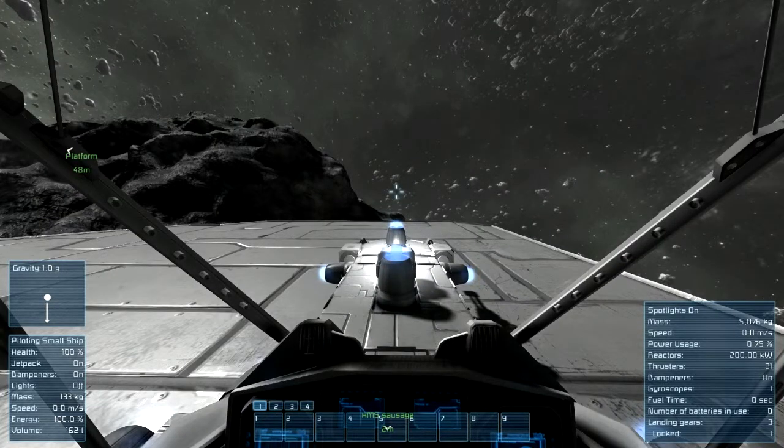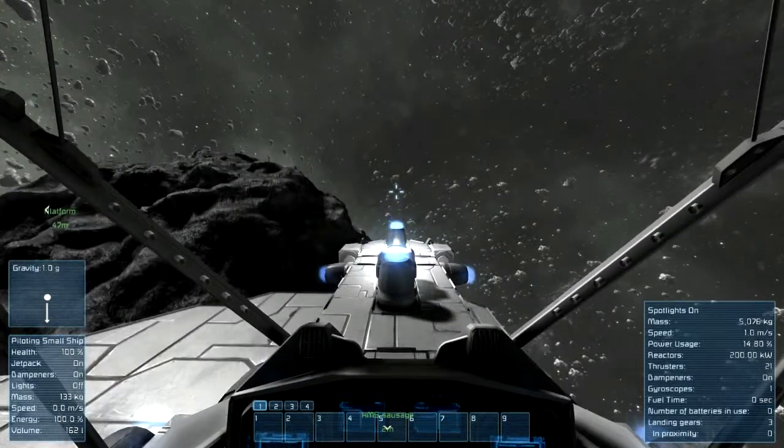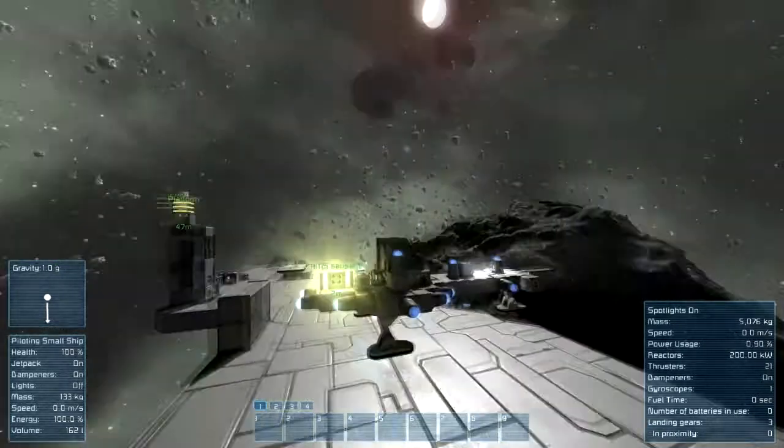Just so we can try, if you push P, it unlocks or locks your landing gear. So if I now push space, we will fly up. Push V, so we got,